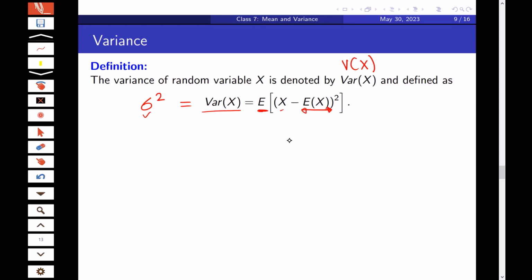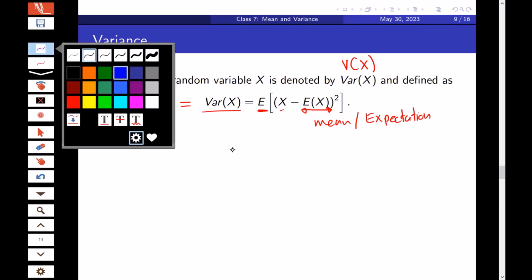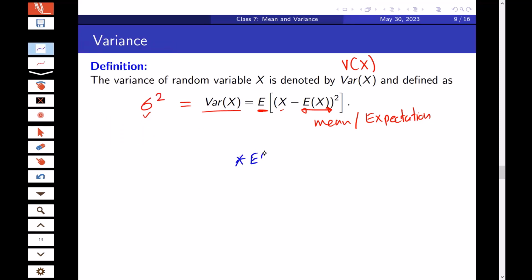You have to subtract first, then square it, and then take the expectation. Here E of x is a known value when finding